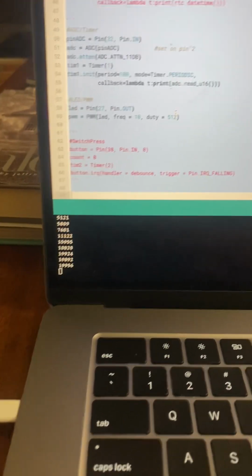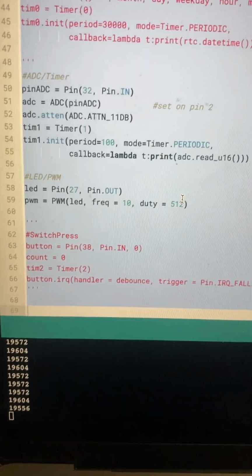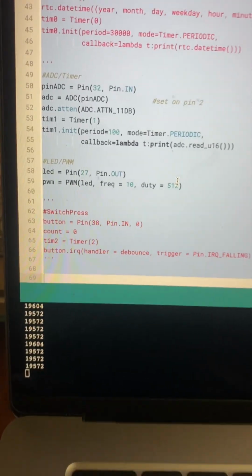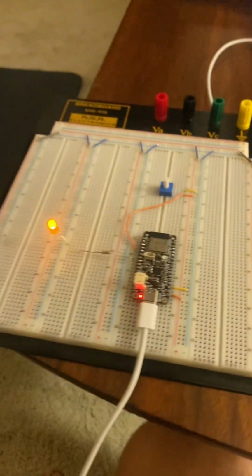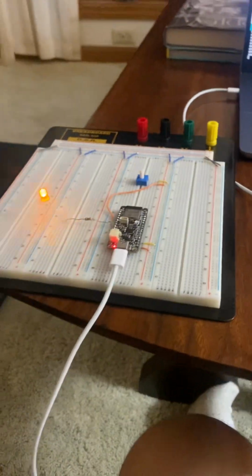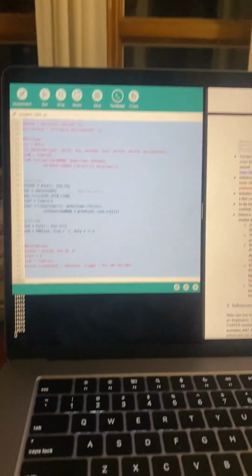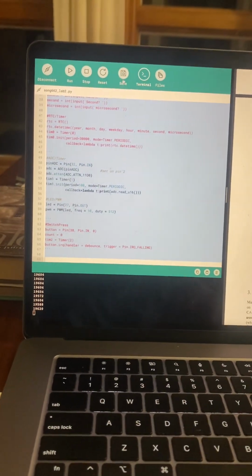And we can also see that the LED is set to pin 27, as an output, and the PWM is set to a frequency of 10 and a duty cycle of 512. And we can see the light bulb flashing right now. And then if we stop that right now, we hit reset,